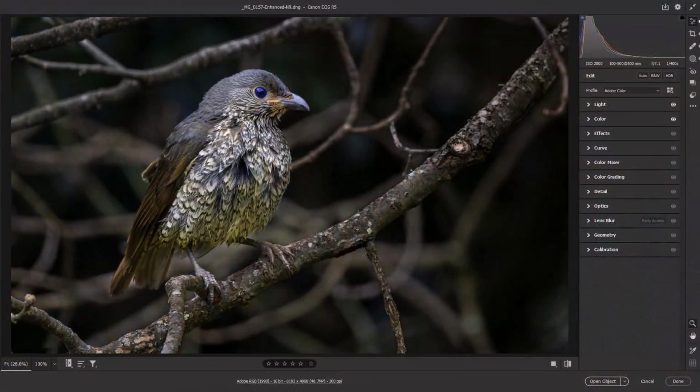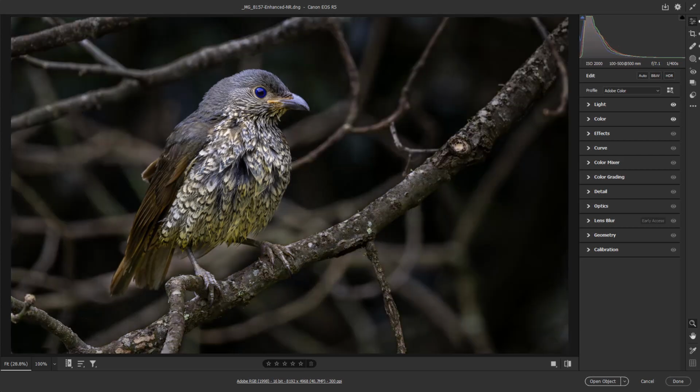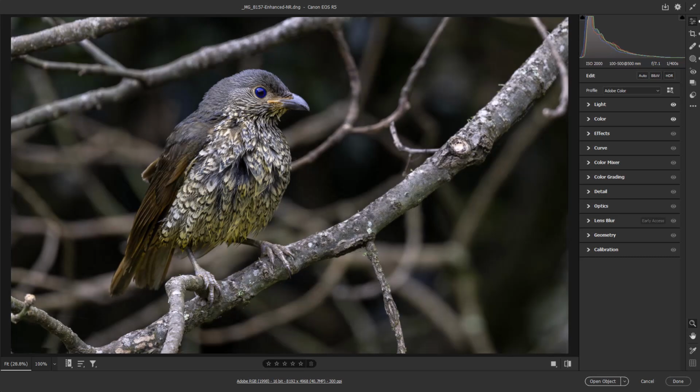I was going to use this image to demonstrate the AI mask select objects. Now I did use that option and it allowed me to subdue all of those branches which are catching the light. Now using the select object AI mask worked okay for me, but what I've done here is to turn all the masks off so we can go through them in a few moments and take a look at what